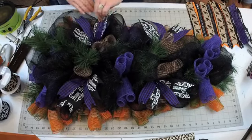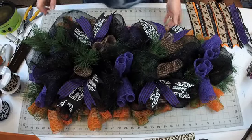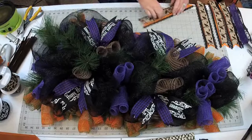And I don't like having to fuss with the ribbons too much while I have y'all on here, so